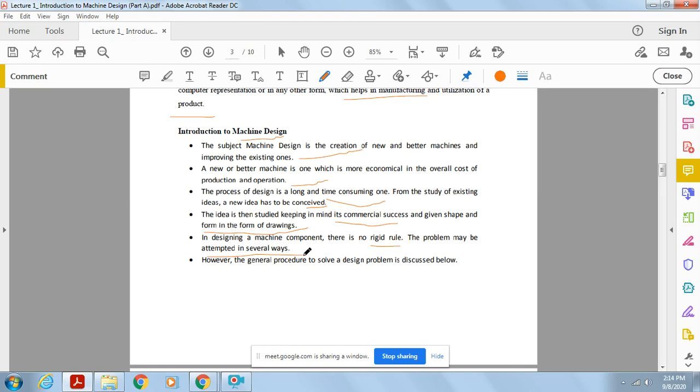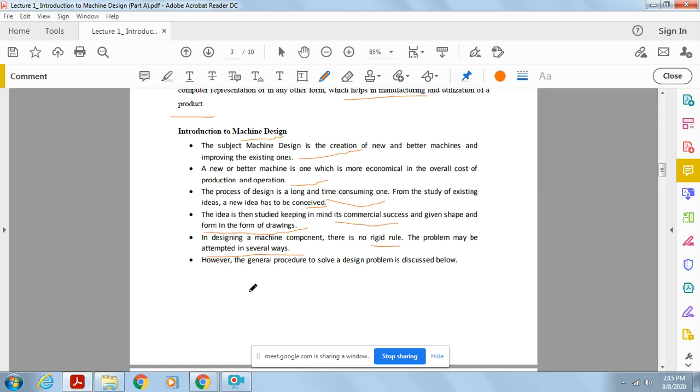Whatever methods they adopt for designing must be completely different. A company like Tata Motors is preparing a car model as per its own idea. On the other hand, Maruti Suzuki is also preparing a concept of the same type of car, the same utility car, but their designing philosophy is different. So obviously the concept depends on the company and on the man, and that varies. Whatever the design philosophy and whatever design aspect is to be followed depends only on an individual, so that aspect will be different from person to person.